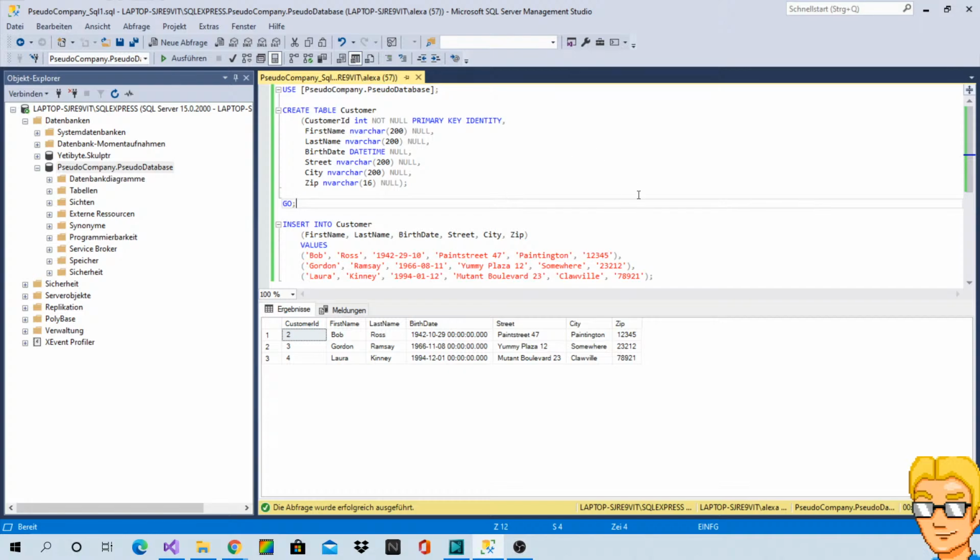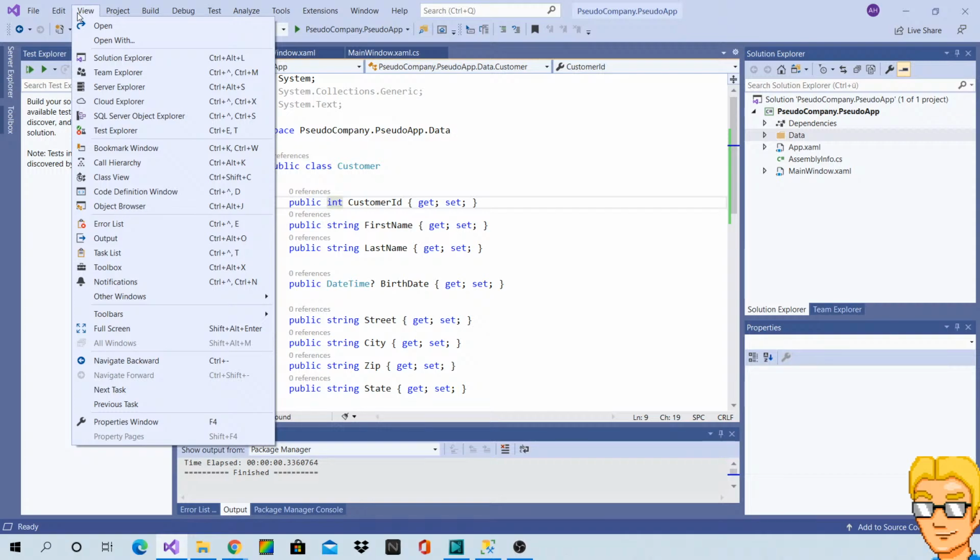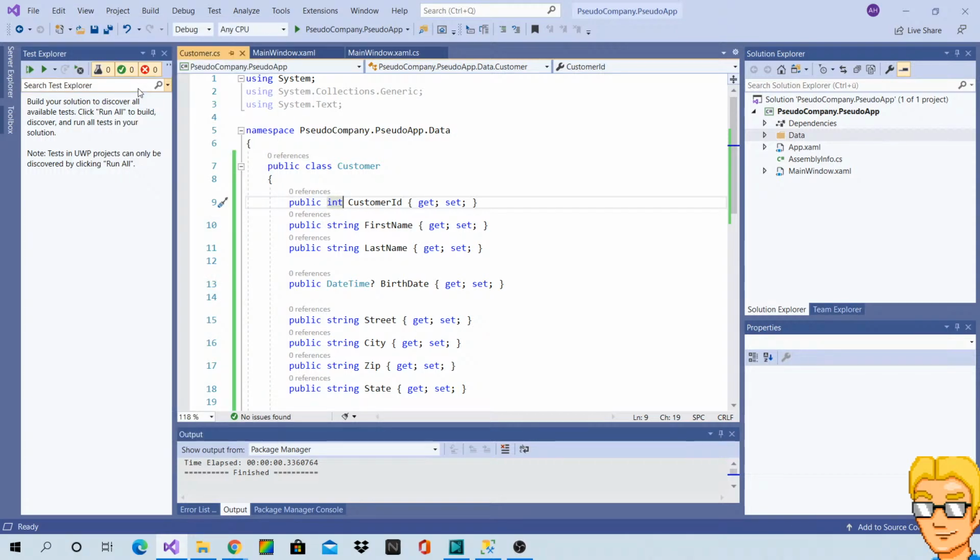That's it for the database, I guess. So now we need the connection string to the database. So let's go back here, and I think we can just do that up here in the Server Explorer.